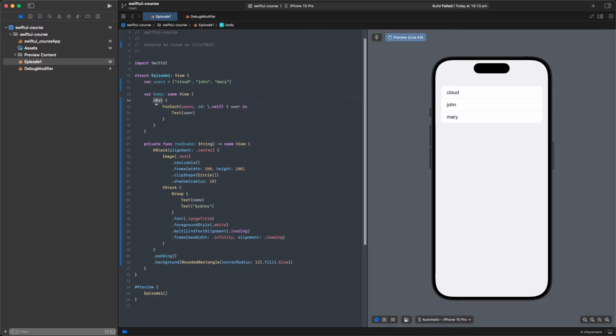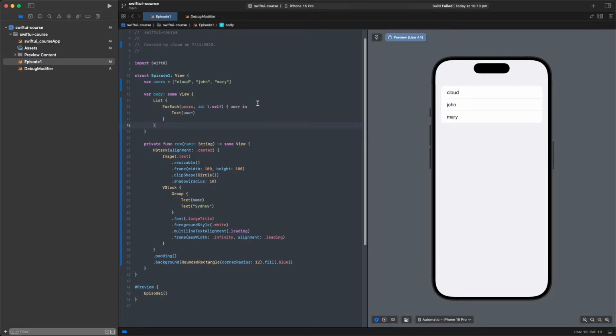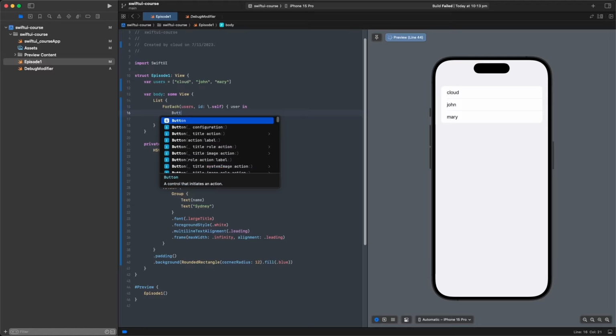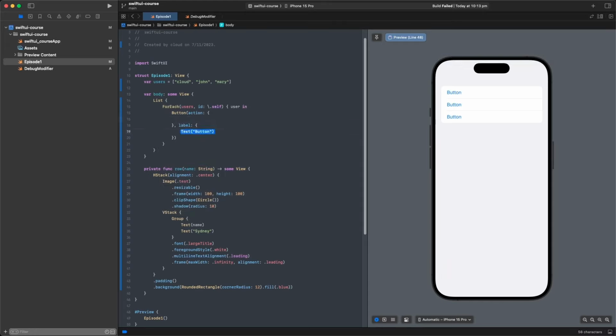There's also scroll views. Say we don't want any of that styling, but we still want it to scroll, so we can just change that to a scroll view. We'll go back to a list. And last but not least, and maybe most useful, I'll be showing you guys a button. So what you can do is do button, and you can see there's a lot of things you can do here. We'll be going for the action one, and we'll get a label here,